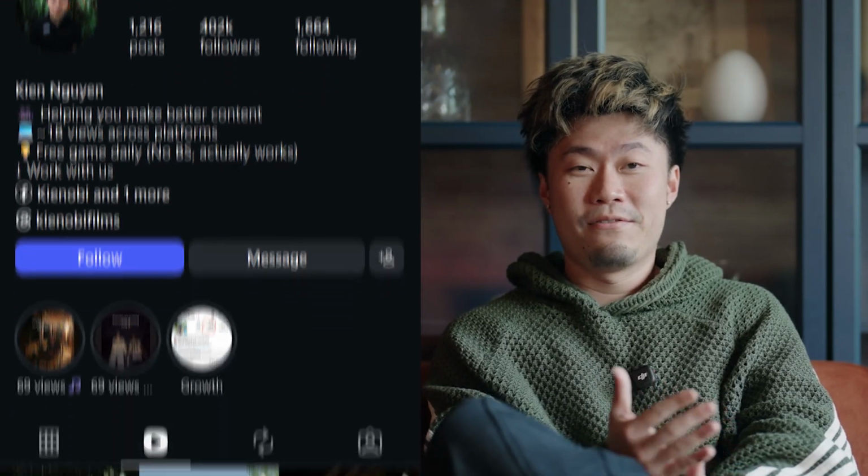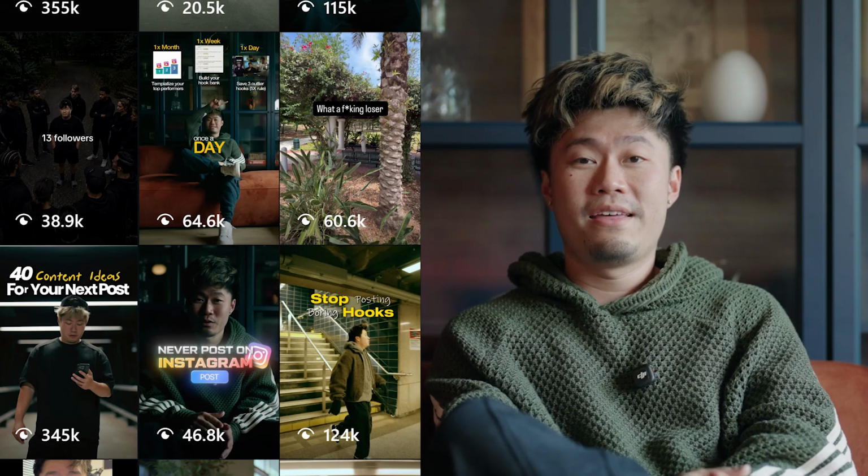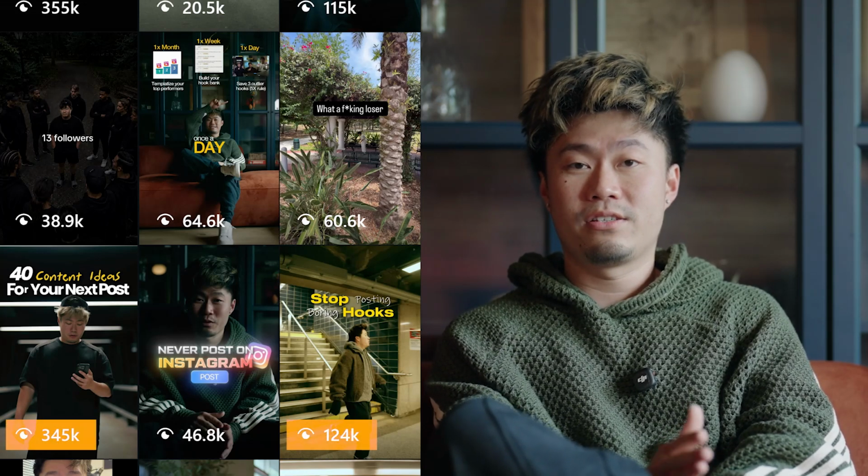Look at the outliers, right? If you look at creators that usually have videos with 1,000 or 2,000 views every single time they post, and they have 1 or 2 videos that get 100,000 views, they are outliers. So you can study those outliers. You can study the hook that they already use and use it for your content. Just talk about your own niche and your advice, but you can use the same hook that they have.